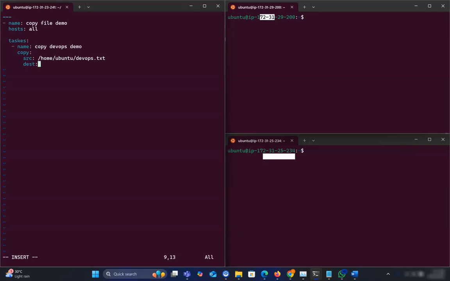Then our destination should be where the file will be copied. These are all Ubuntu servers, so home ubuntu, and we give the same name, DevOps.txt. If we don't give the name, it also works. Then we can also set the owner and group, everything. If we want to say who is the owner of this file,